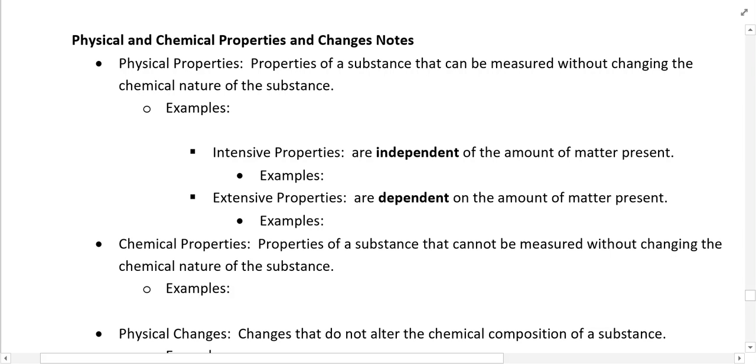So we're going to take a look at this video on physical and chemical properties and changes. Taking a look at physical properties, those are properties of a substance that can be measured without changing the chemical nature of a substance. So something such as boiling point,